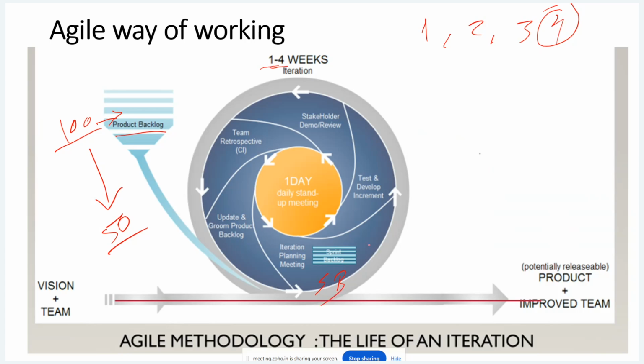Now I will develop it, I will test those requirements, and I will show the customer. Here customer involvement is more. So the customer will say, okay, you developed a good software, but I need more requirements. Now he has clarity of the requirement. He will provide more requirements. He may even modify the requirements. After that, we have a team meeting. Based on the meeting, we are going to update the product.